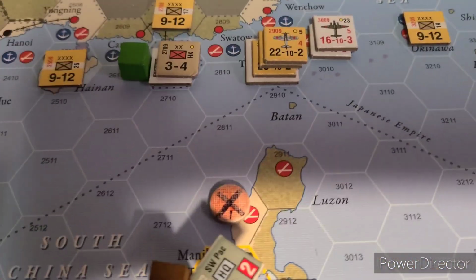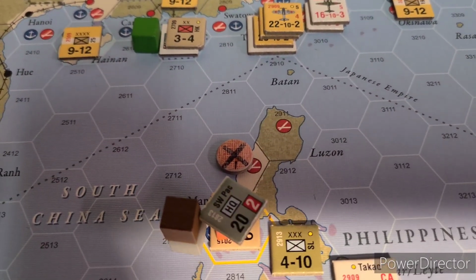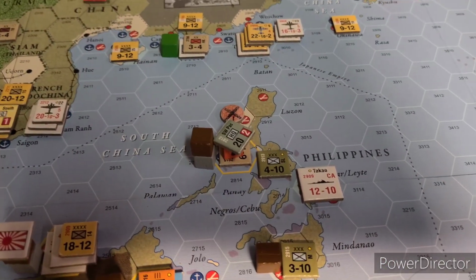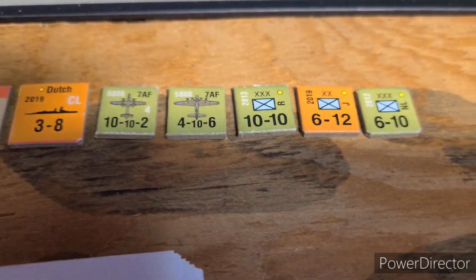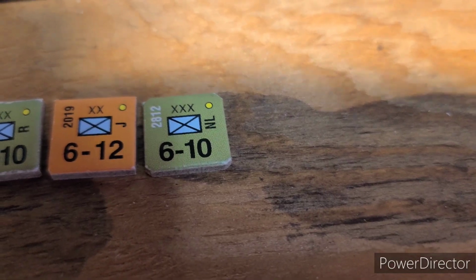Battle hex number 1 for the airfield. A bunch of clear areas or hex areas north of Manila. I don't know what that landscape's like in real life, but yeah, we chose that one over the other one down here. Now, unfortunately, we thought we were only fighting against, I guess it was the 610, the NL